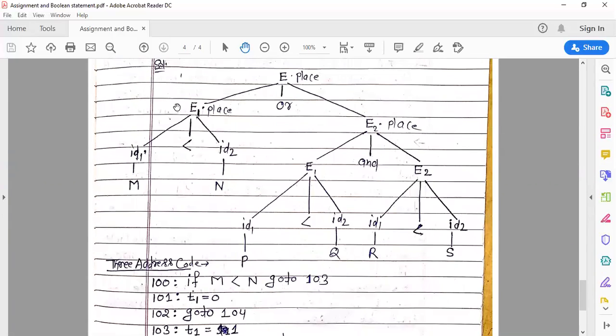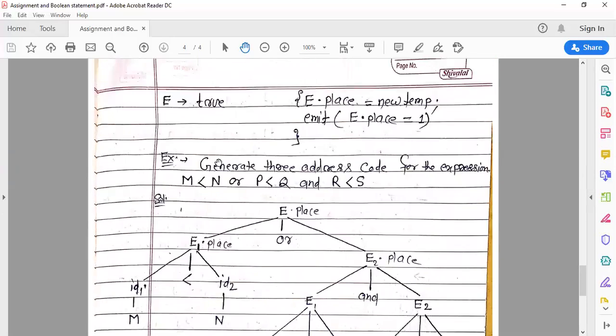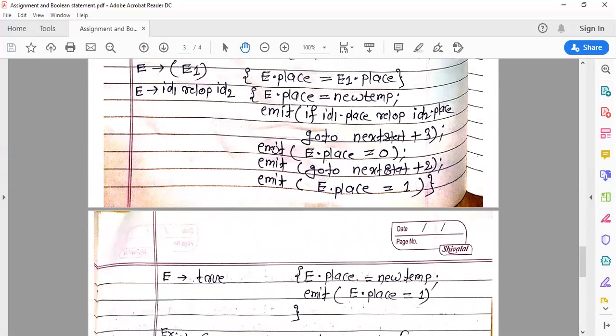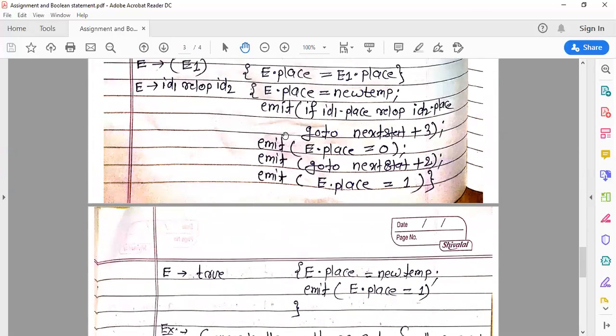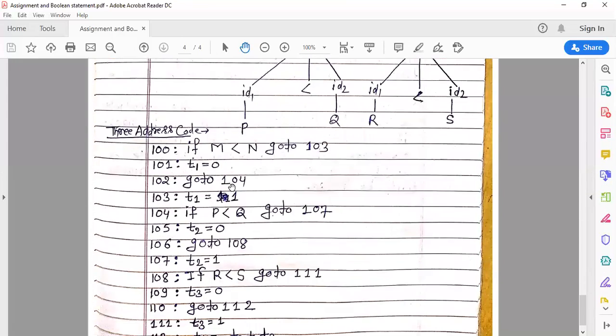So you can see here, at this node, when ID1 less than ID2 is reduced by E, we apply this semantic rule, and with the help of this semantic rule, we get here from 100 to 103.